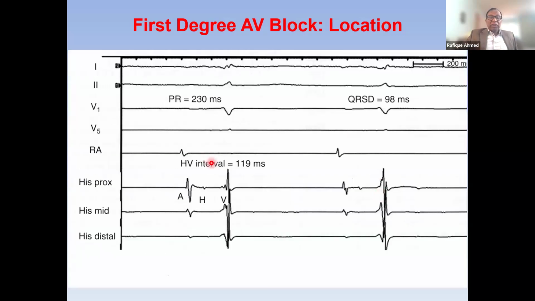So this is another patient whereby the PR interval is 230 milliseconds. If you look at it, the HV interval is prolonged. This is a patient where if I give atropine, actually I can make it worse, because atropine will increase the sinus rate and will worsen the HV conduction because of the high rate. And that's why you have to be careful who we give atropine to in case of heart block.